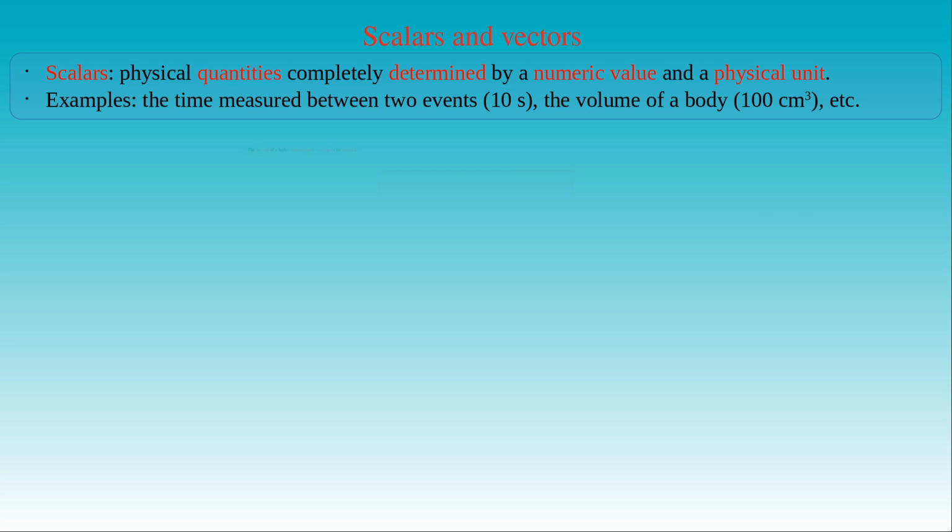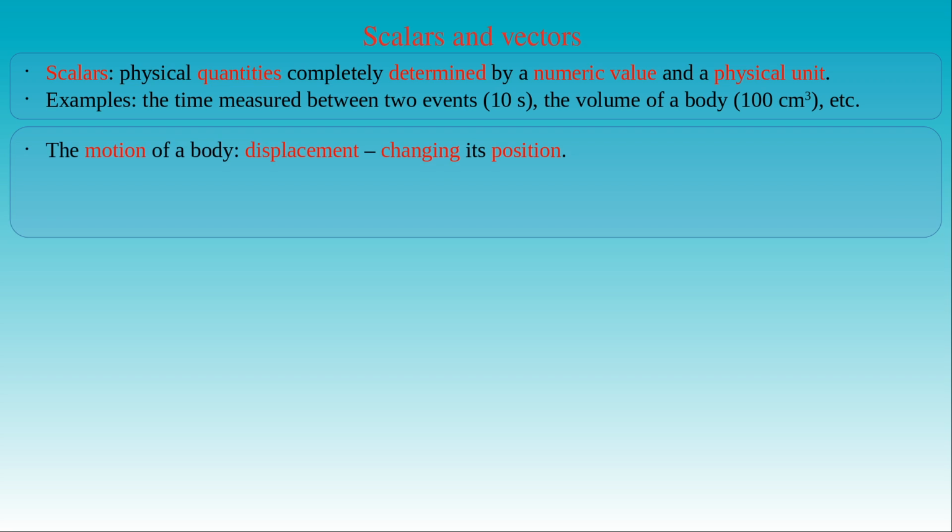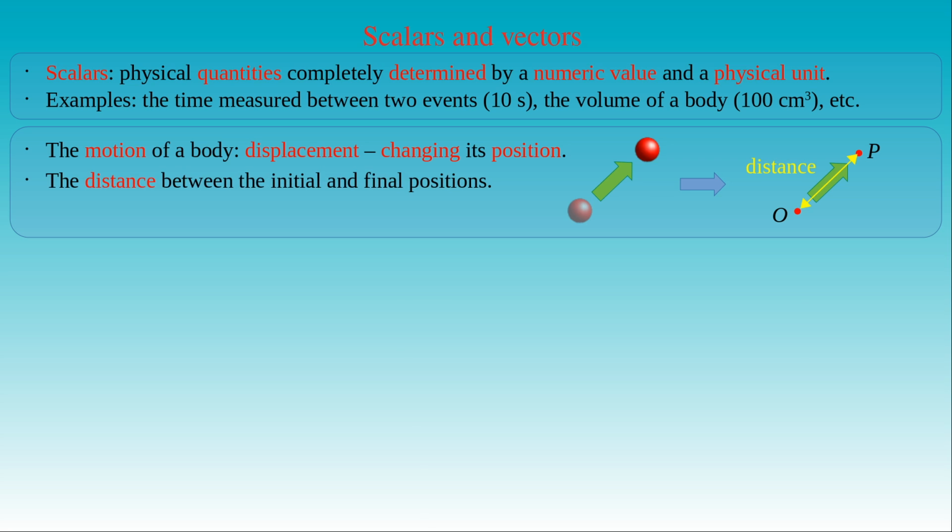We define the motion of a point-like body as its displacement, or the change in its position. For a ball moving from a given position to another one, we can use the point mass model, where we identify the position of the point mass with the center of the ball. When we talk about the motion of a body we have two things in mind. How much is the distance between the initial position O and the final position P of the moving body? And in which direction has the body moved? That is, what is the direction of the line connecting the initial position O and the final position P?